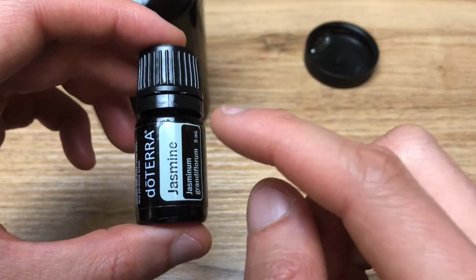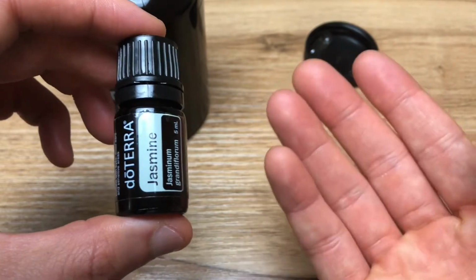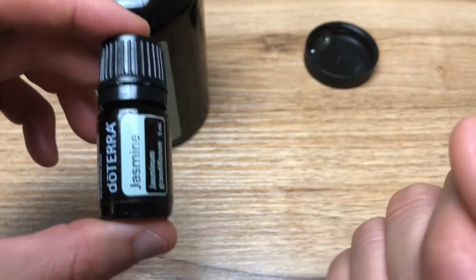And then also you can diffuse 3 drops of this oil with 3 drops of lavender or sandalwood in a 4-hour diffuser like doTERRA's petal diffuser, or you can use